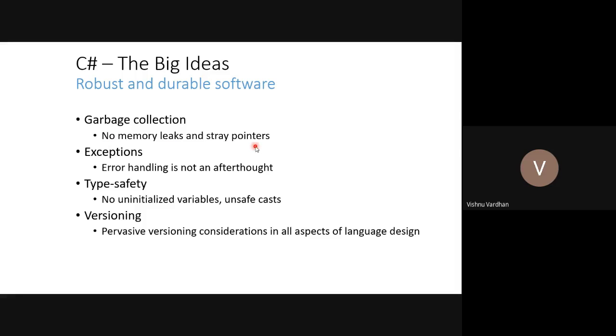So no memory leaks and stray pointers will be there when you are working in the .NET framework, because garbage collection automatically takes care of the unused objects by identifying them with some flags, and after some 2 to 3 scans it is going to remove that data by cleaning it, so that your application regains its memory. Okay, so in that way garbage collection is a background operation which continuously works whenever we are running that application in your operating system.